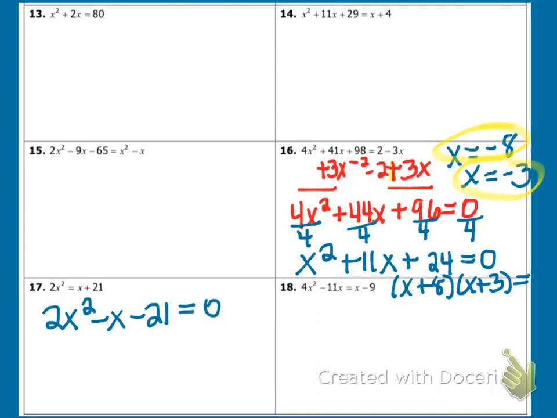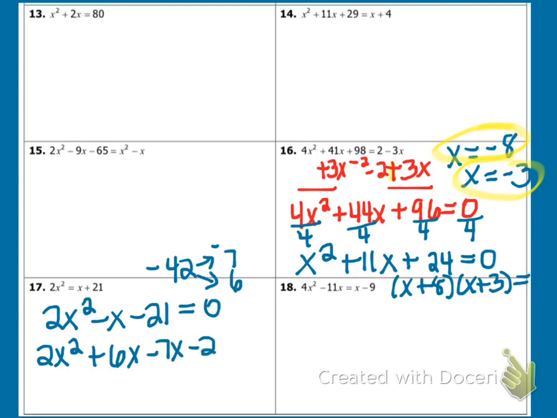So we think about factors of the product of 2 and negative 21, so that's negative 42. And we need factors that add up to negative 1. Okay, well, the first factors that come to my mind with 42 are 7 and 6, and that actually works perfect as long as the 7 is negative. So I'm going to rewrite that middle term: 2x squared, doesn't matter which comes next, but I'm going to put the plus 6x, and then the minus 7x, then minus 21. We factor by grouping,